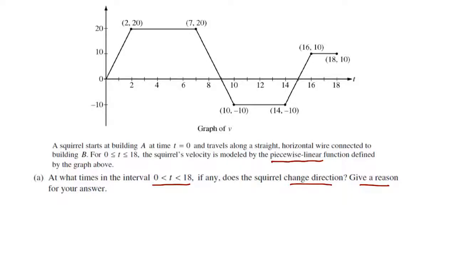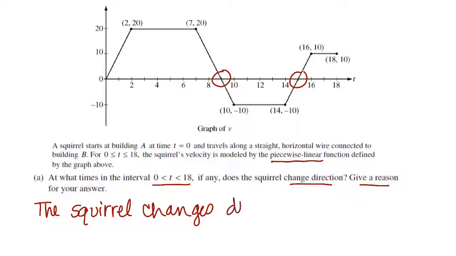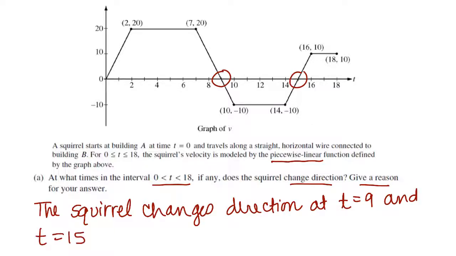So what we'll be looking for is where the squirrel's velocity is changing signs. And that velocity would be changing signs here and here. So we're going to say that the squirrel changes direction at time t equals 9 and t equals 15 because,